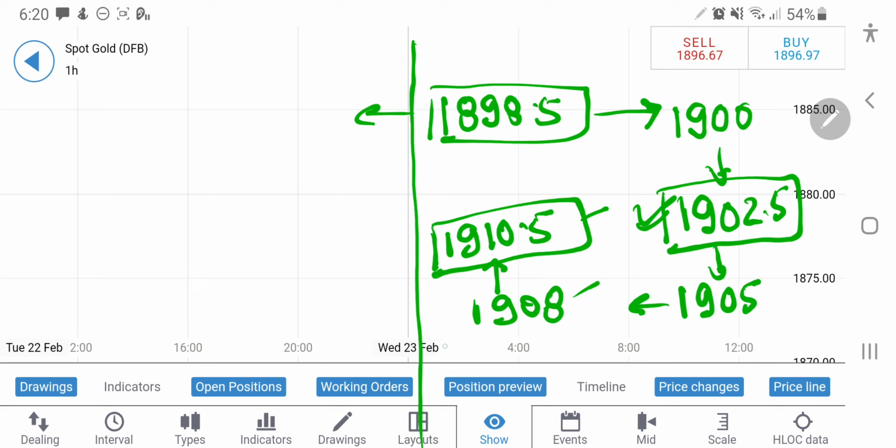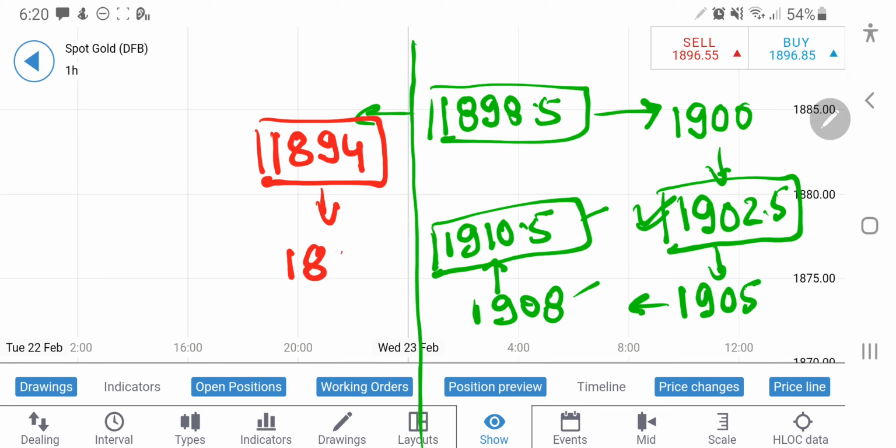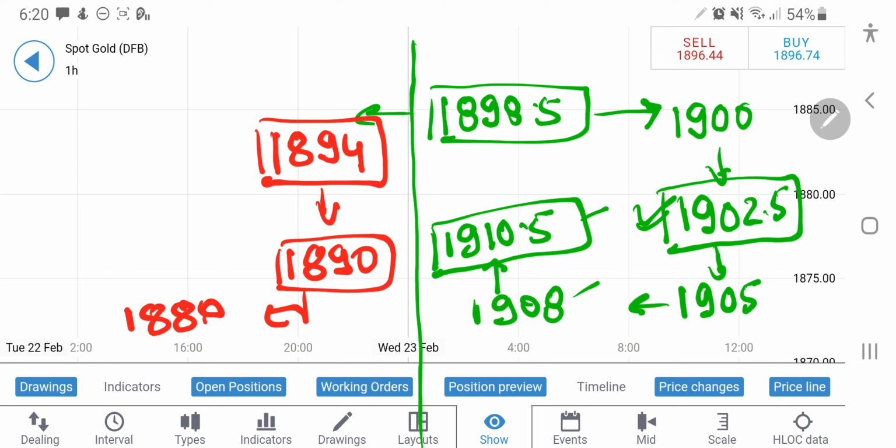But yes, a short entry. Now let's talk about the short entry. You can take a short entry at 1894 levels. If you see it breaking 1894 again, take a short entry, and this time again it will come back to 1890, the nearest resistance, and also 1888.5, the next resistance zone. And if it breaks